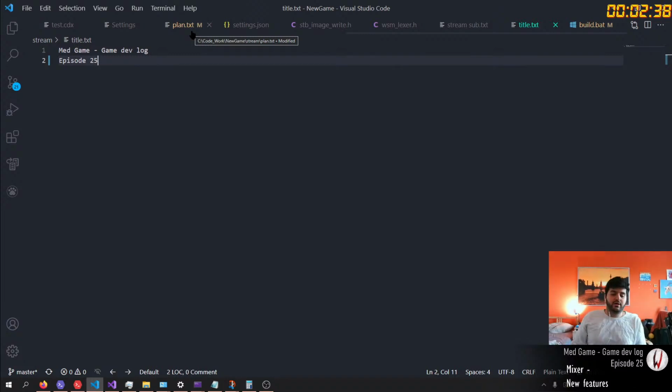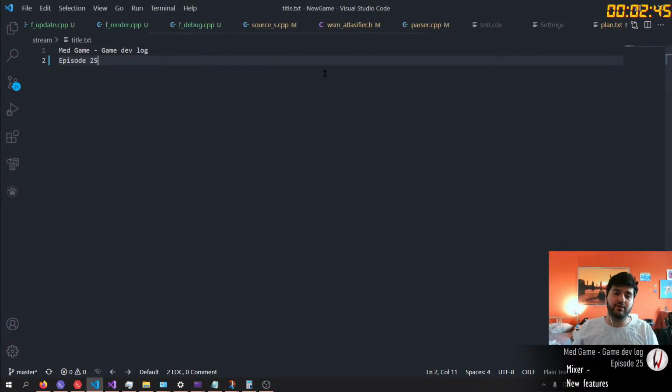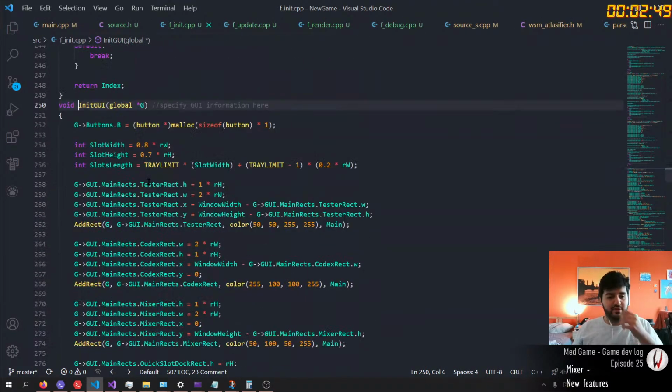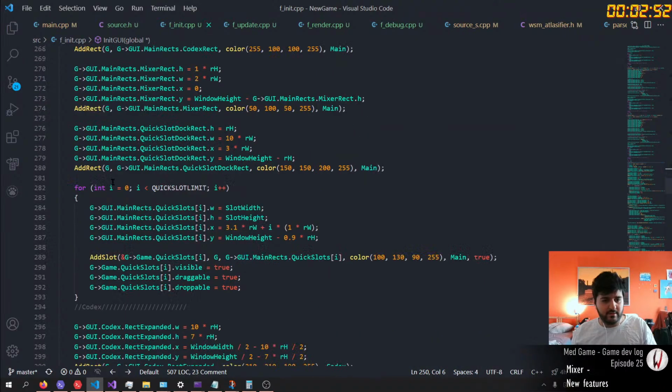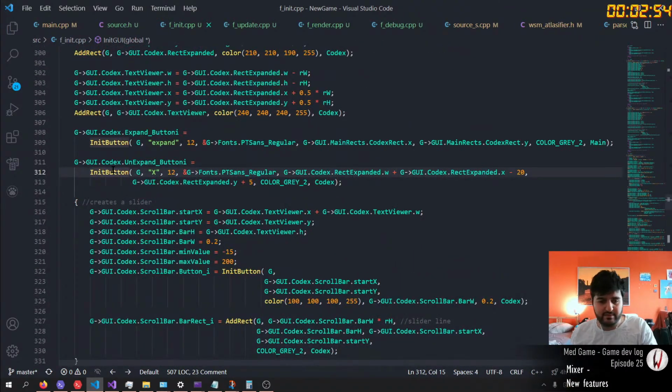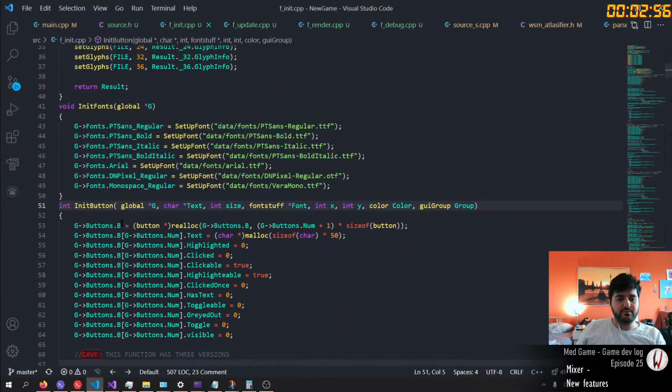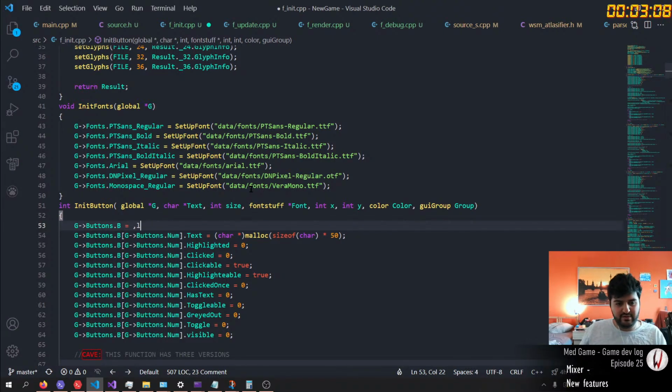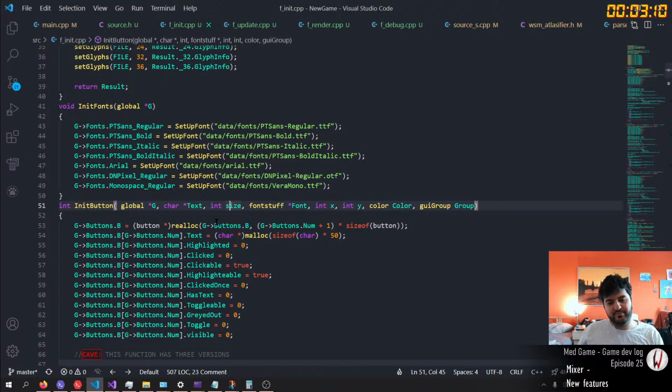Okay, so yeah, when I initialize buttons, I now have initialization in its own function. So when I initialize buttons, like here, I init button, I reallocate an extra piece of memory for it, and I add it instead of just eyeballing it, which is just not the right way to do it, honestly.